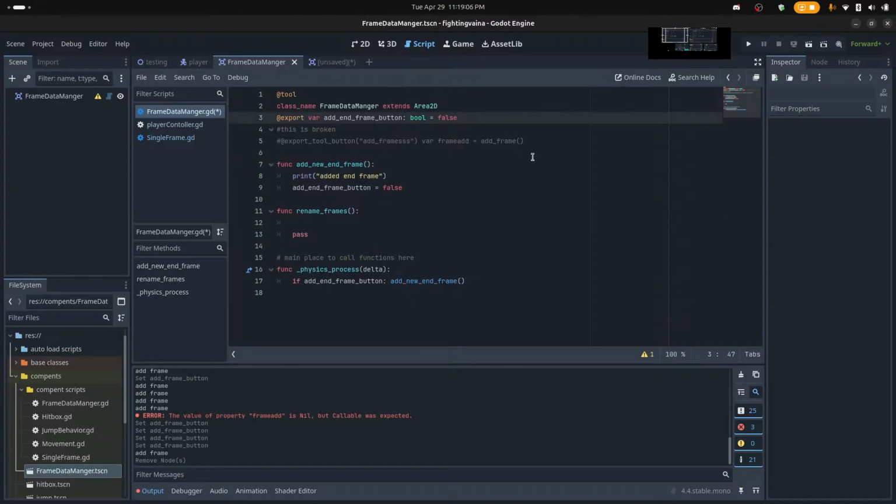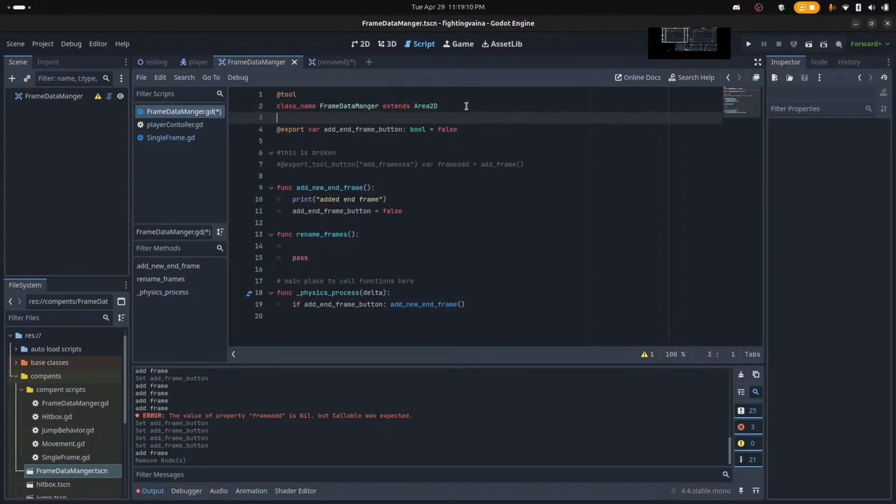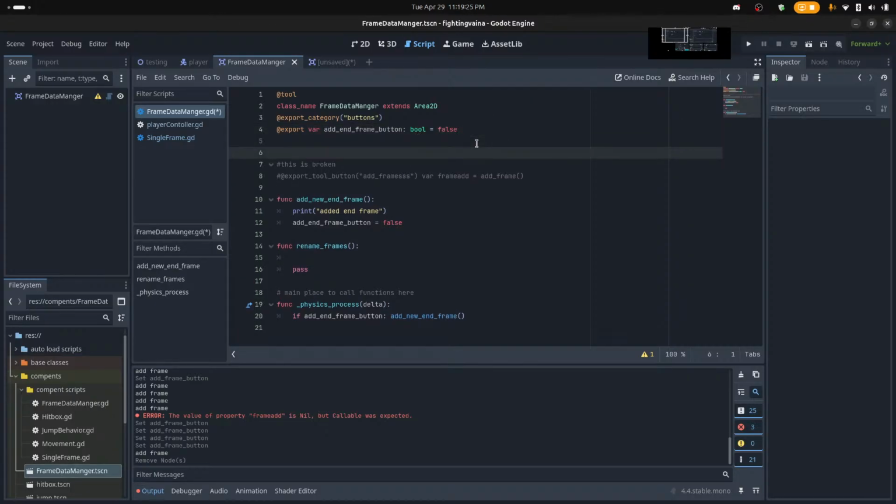Then we're going to want, what else? Make an add export category for buttons. Okay. Then we want a variable that is